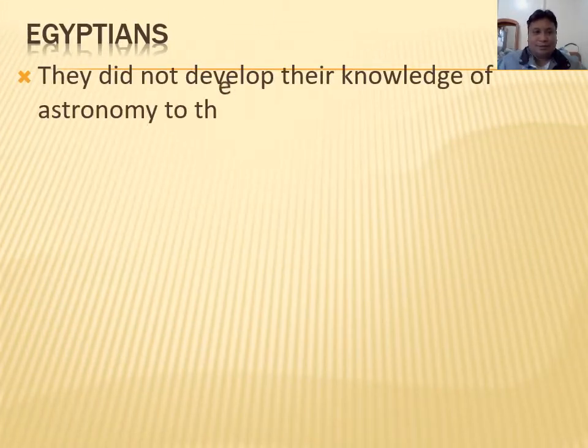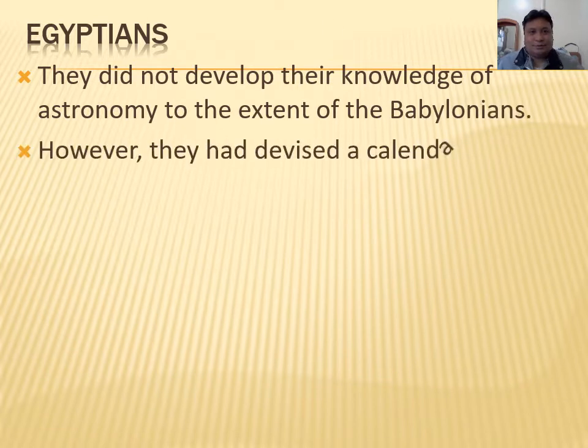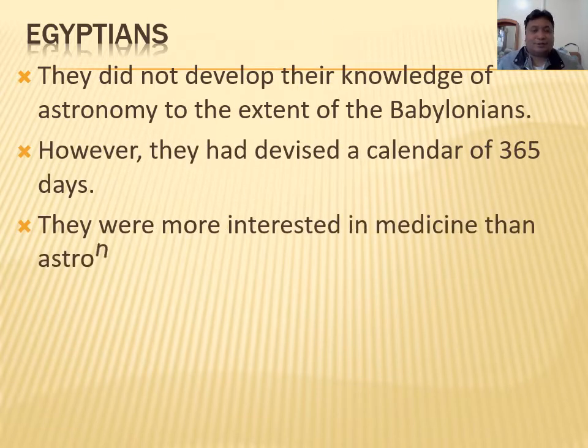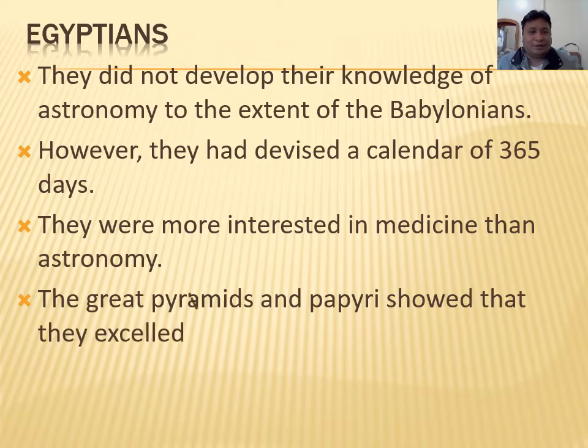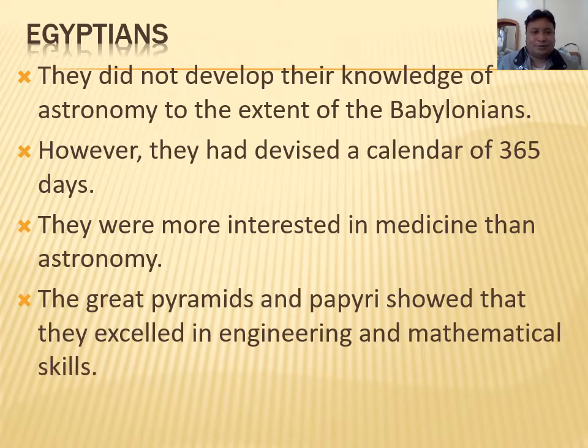The next one are the Egyptians. So they did not develop their knowledge of the astronomy to the extent of the Babylonians. However, they devised a calendar of 365 days, and were more interested in medicine rather than astronomy. And with regards to